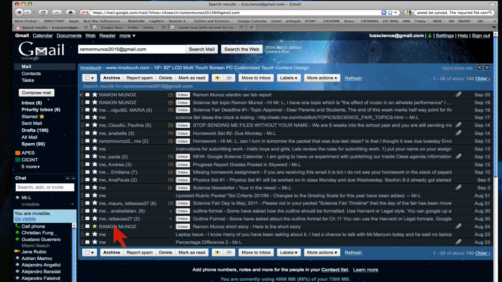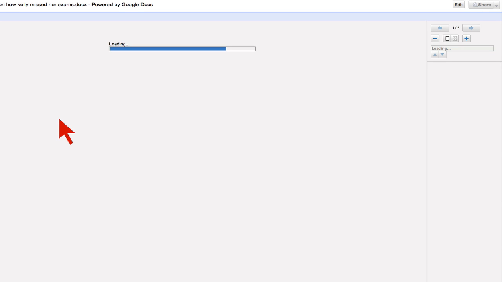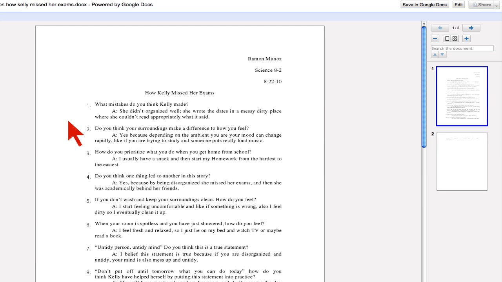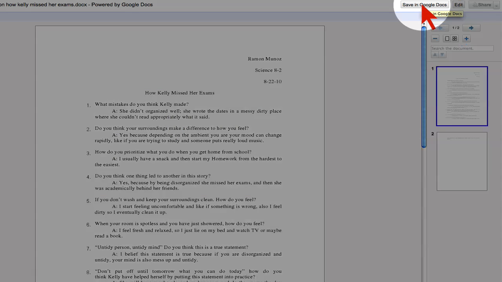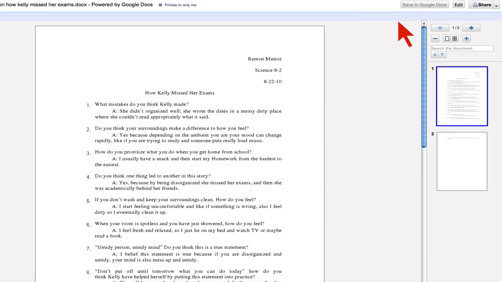I click on the student's work, and this particular assignment was made using Word doc, so I'm going to click here to view this first in the Google Docs viewer, and then I want to edit that, so I'm going to say save in Google Docs. When I do this, the program will convert it into a Google document that I can then edit and work on. So I'll click the edit key,